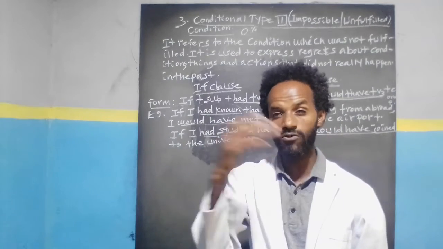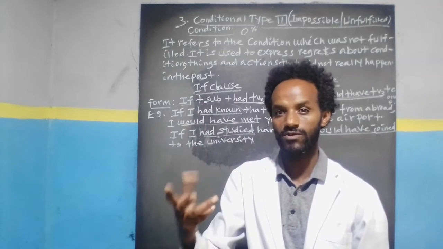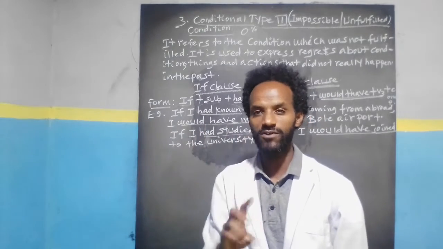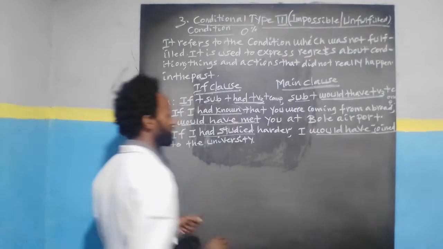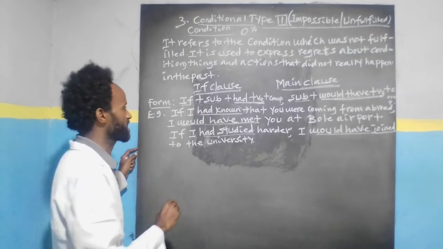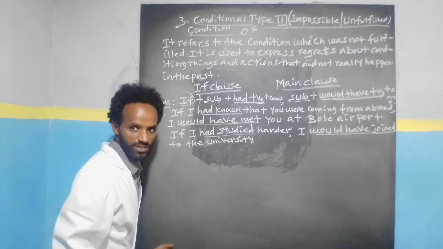ፐርፌክት ኮንዲሽናል ያልሆነ ነገርን ይነግረናል። ከዚህ በፊት የተደረገው እንደዛ ሆኖ ቢሆን ኖሮ ተብሎ ሳይከናወን የቀረ ነገር ነው። ሳይፈጸም የቀረ ነገር ለማውራት ስትፈልጉ ፐርፌክት ኮንዲሽናል የሚባለውን እንጠቀማለን። ስለዚህ ፐርፌክት ኮንዲሽናል በዚህ ፎርም ከወሰድን፣ አሁን በምሳሌ እስቲ ቼክ እናድርጋቸው። ኢፍ ሰቦርዲኔት ኮንጃክሽን ትባላለች።